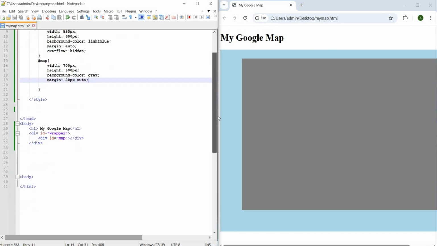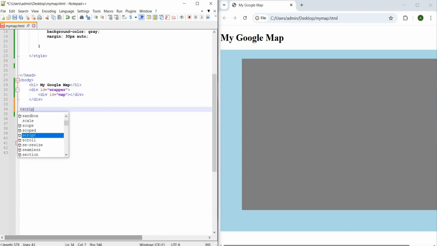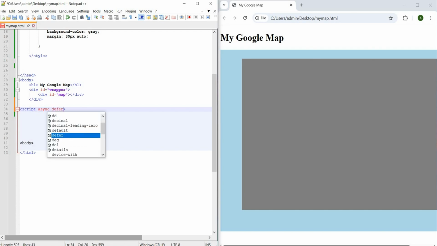In order to do that, we need a code for that. So JavaScript, our code. Script. Then inside the script tag, we have async and defer, and src.